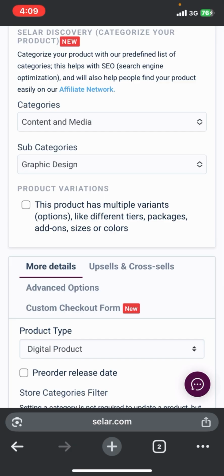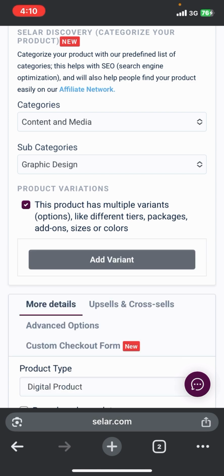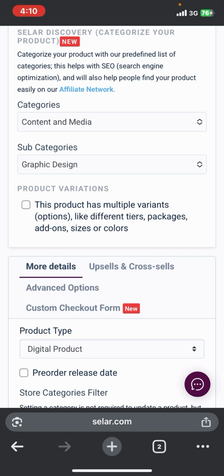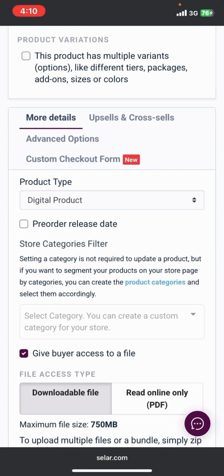You will see product variation. This product variation is if the products have variation. Maybe if it is a physical product, even digital products might at times have variants. Something like maybe a book, maybe a kind of cover, you say black cover or white cover, or something like that. The variant, you understand. So if it has something like that, you check on it, then you add the variants. But this graphic design course does not have something like that. So I will uncheck it,